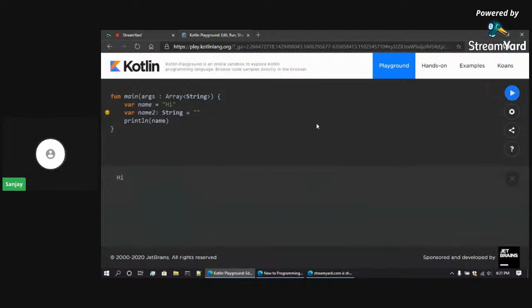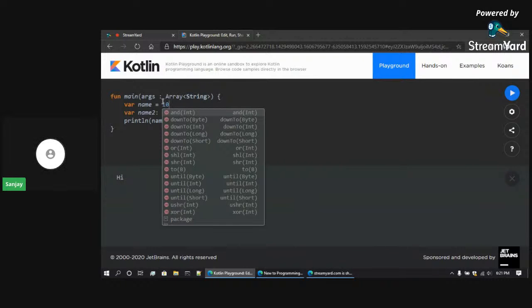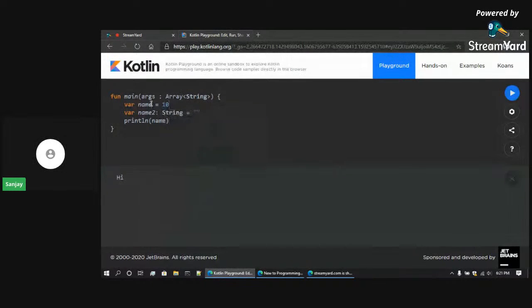Okay, if we specify this as 10, because Kotlin knows that it is an integer, then we don't have to declare it like this. This is an integer type. In Kotlin, all the type names start with a capital letter. So here, Kotlin identifies that this is an integer, so if we remove the declaration, it will still infer the integer type. Then, another important point about Kotlin is